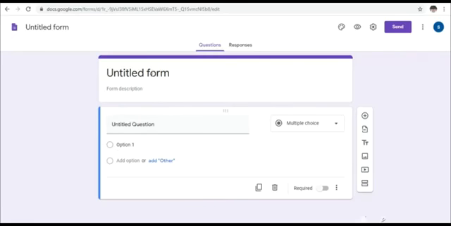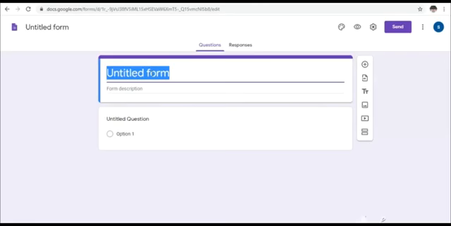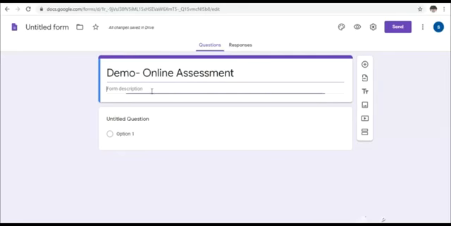I am naming my form. This is my demo online assessment form, so let me name it demo online assessment. If you want to give any description for your form, you can give it.